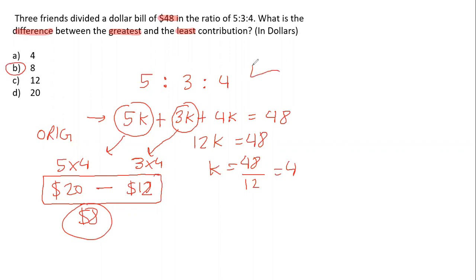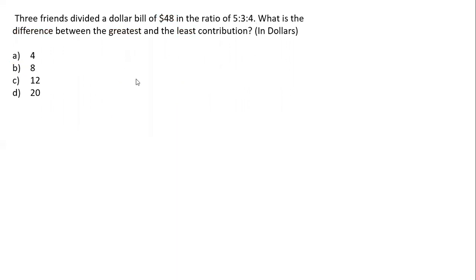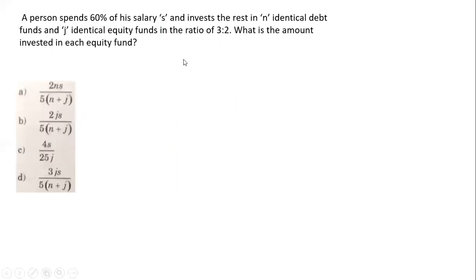So again, you see the ratios, you'll always multiply them with a multiplier, make them original, and then you can do whatever you want to do with them, add them, subtract them. So that's how we work on ratios. Now, guys, let's take one final example, which is actually a very good question on ratios. So let's try cracking this question.